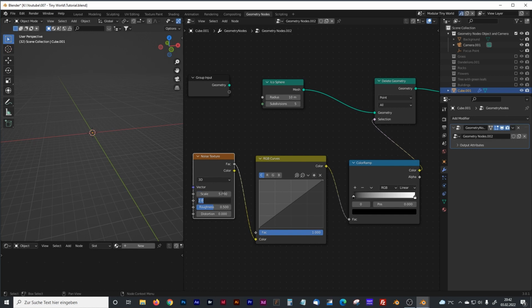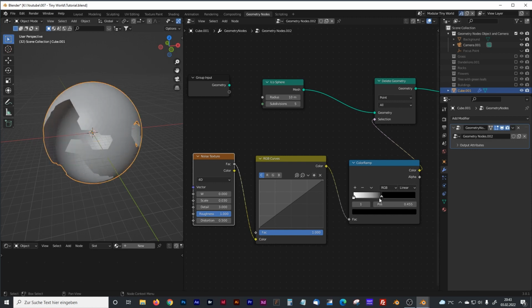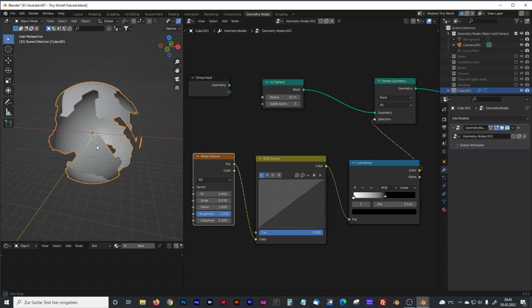The scale, it needs 0.03. No, first we're going to set it to 4D. The scale is 0.03. The detail is 3. Roughness 1 and distortion 0.5. Of course you can play with it later on to create some new interesting worlds. And the color ramp we need to invert, and now we can see we have some continents and an ocean,